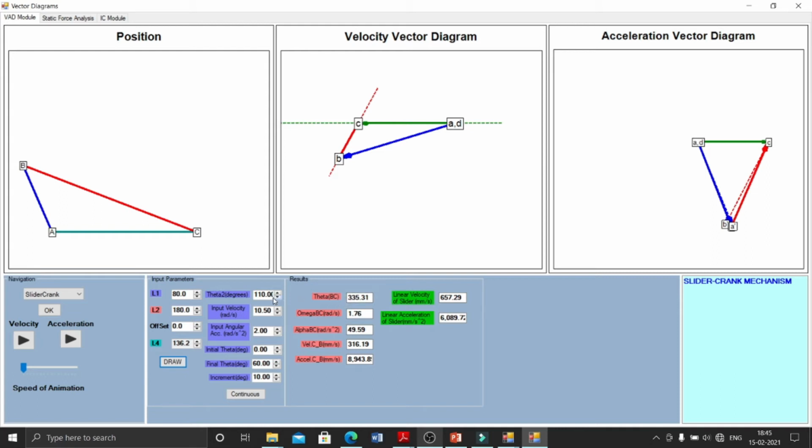Now this is for the input parameters. If you want to change the input velocity, that means the crank velocity, this is 10.5 rad per second. If I want to make it 20 rad per second.